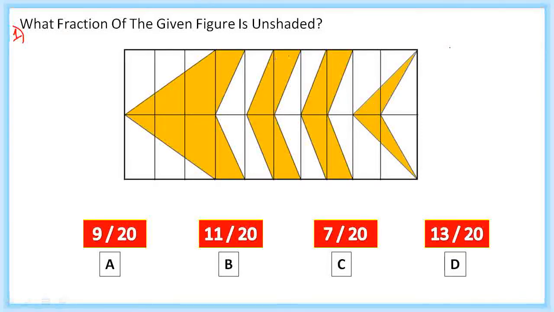So first of all, we are going to rearrange the yellow shaded part which is on your screen. If you notice properly, if I select this triangle and split it into two parts like this, both would be equal. And if I rearrange this triangle in the space below or above, I will get a square like this. And the square would be 3 rectangles filled. So we will get 3 shaded parts.